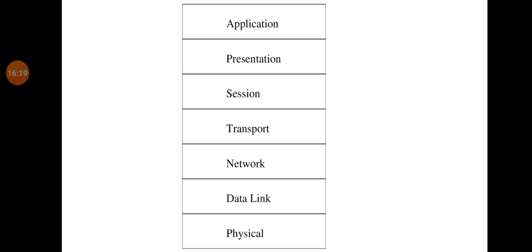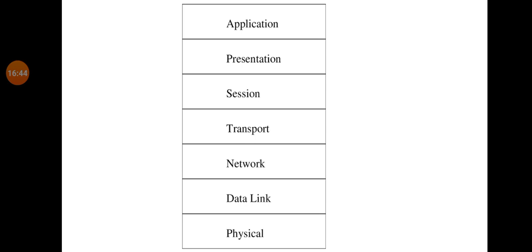By converting host A's data format to host B's data format, host B can understand the received data correctly. Understood?